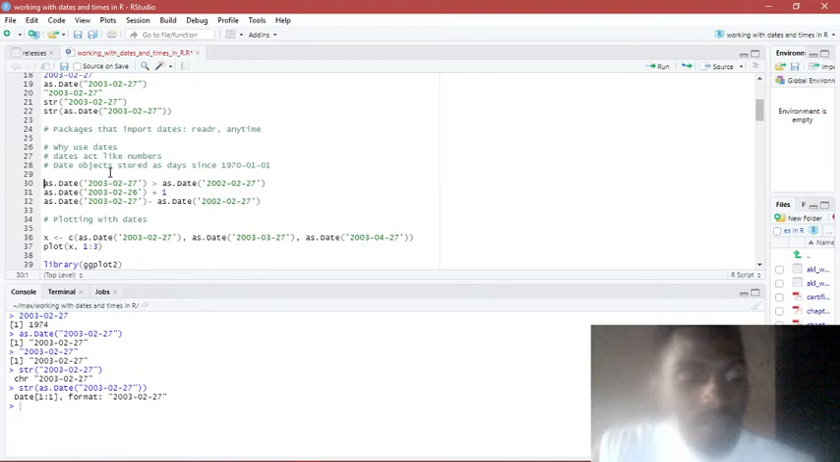You can see that the date was 26, now we have 27, right? Then you can also do subtraction, and you get the time difference is 365 days, right? Which is good. Then you can also do data visualization, like you can plot. So here I've got a vector of dates, which is 2003, February, March, and April, and I'm going to